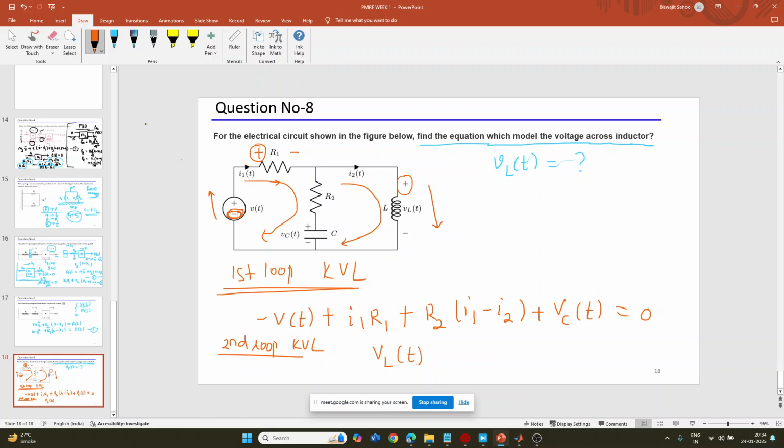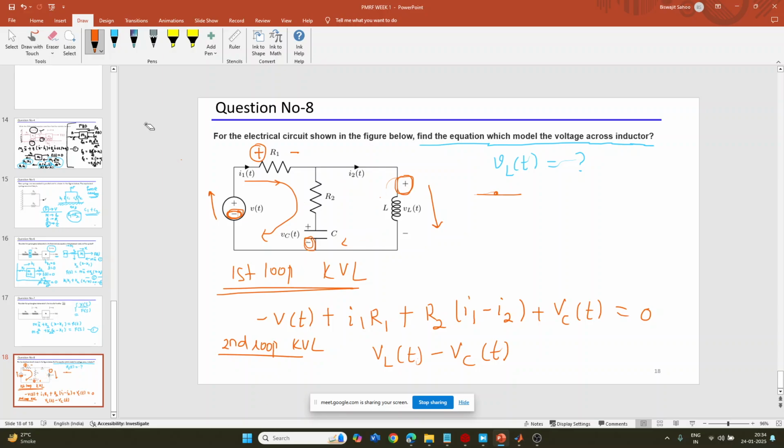Now you reach this point, and you again move in this direction. You can see here, you have to move in this direction to complete the loop, right? But in this loop, the current is flowing here, but here we have to take the negative sign, because of our assumption that whenever we are moving in the loop, we always take the first point. The first point is positive, so I have taken positive here. Then, whenever I am moving up, the first point is negative, so write down minus VC(t).